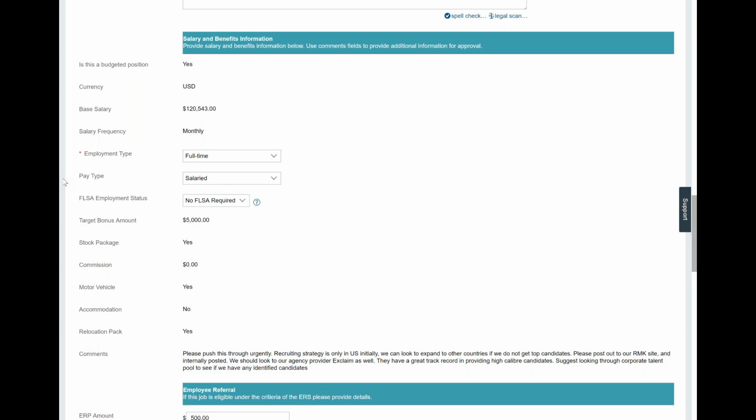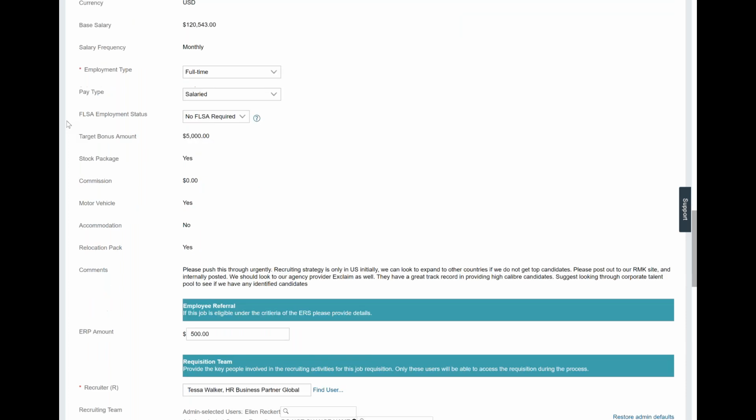Now you'll notice that some of these fields are open for me to make modifications, and some of these fields are closed off. I'm not able to make modifications. And that is simply because of the access that I have as the particular recruiter that I am. I can make changes to some pieces of information, but not to others. And so if I need, in this case, a change to perhaps pay, then I would need to go through an approval process to get that modified.